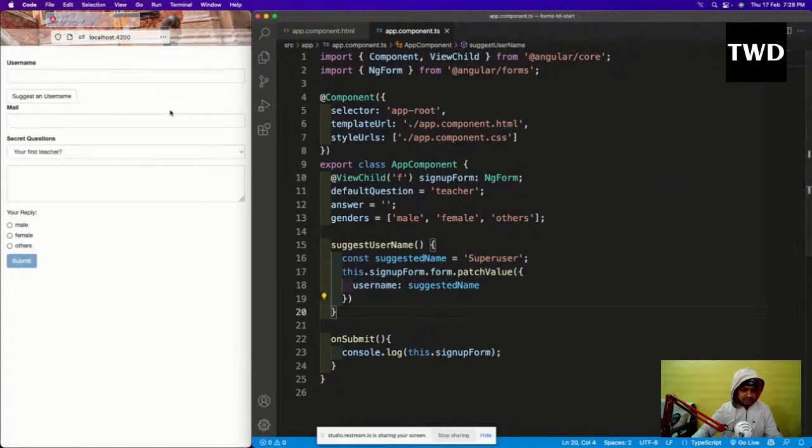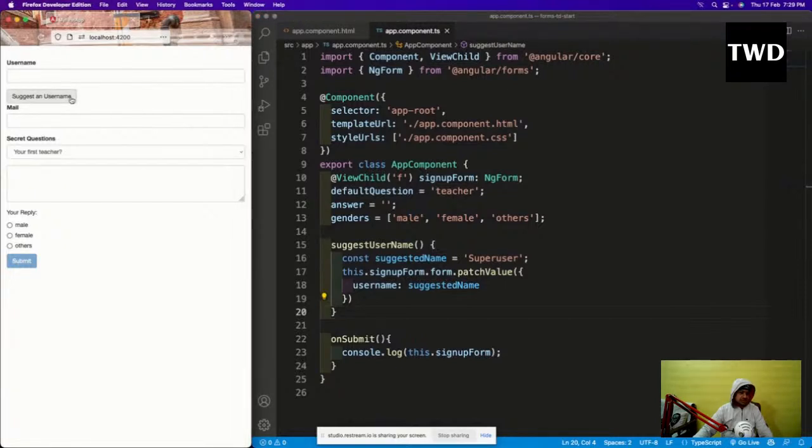Save it. Patch value is a good question. Patch value means it will patch, meaning we can update this value. So you can update it with patch value.